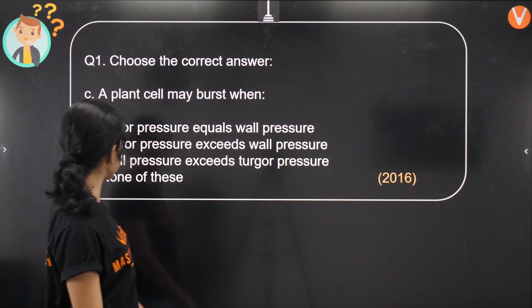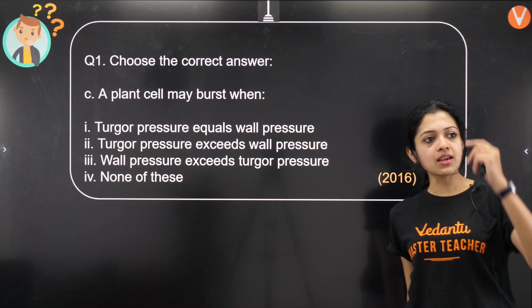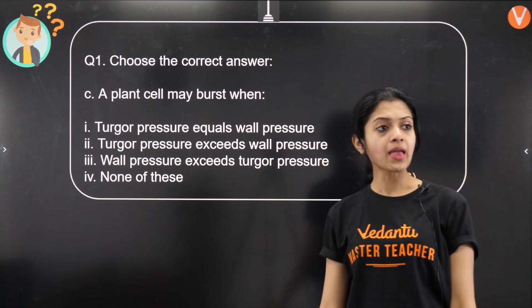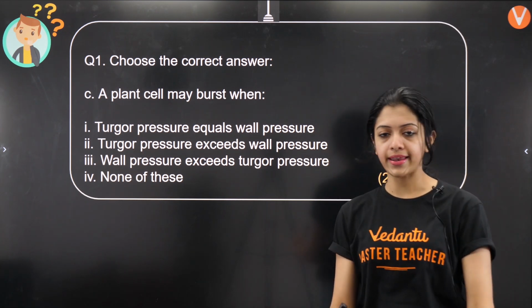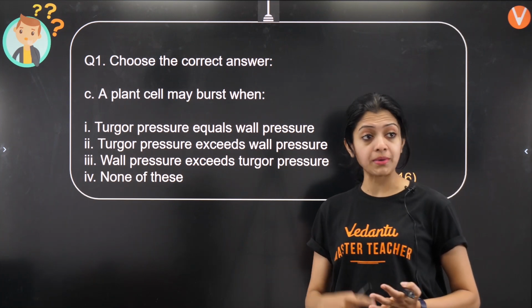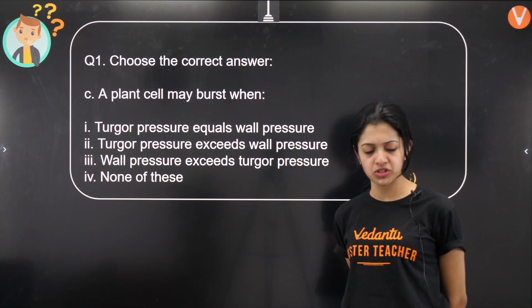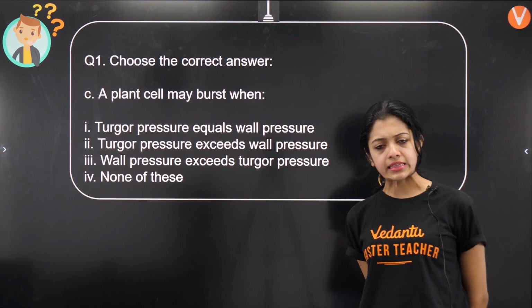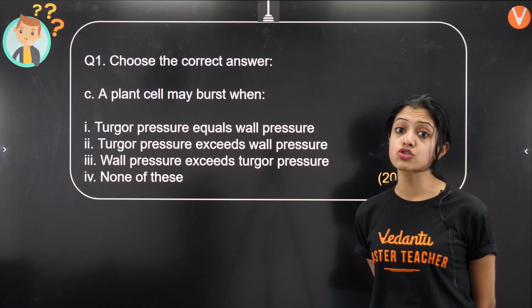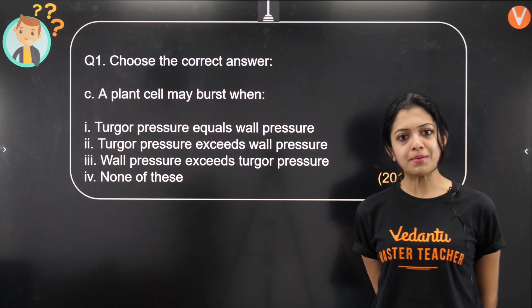Now, third question. Okay, this was asked in 2016, as you can see, which was not very far away. A plant cell may burst when, this can be a little tricky if you do not know what Turgor pressure means and wall pressure means. Okay, so actually I really like this question. It's neither very straightforward nor is it too hard to answer. If you just think about the meaning of each of them, you will be able to